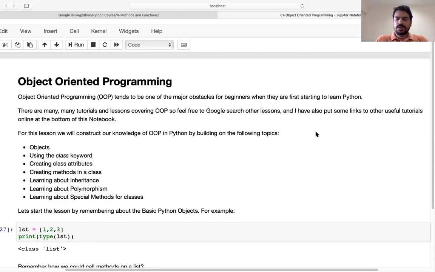In object-oriented programming, when we do programming, we put the object at the center, and we try to make each and every problem an object. So we have to make a program in a different way. That particular way is called object-oriented programming. Here we try to create the object, its attributes, and related functions.